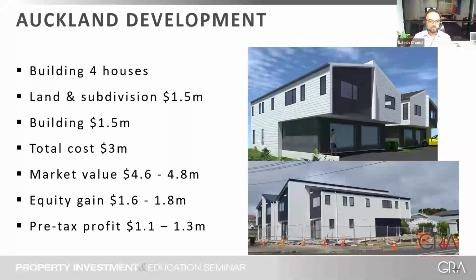Now, what we're not saying is for everyone to go and do this. The numbers are big, we agree, but we just want to show you what we are doing in the market, and guide you through. Now, what you can do is if you find good bargains, you can even just put a normal 2 or 3 bedroom house at the back, subdivide it and sell it if you want to do trading, and make your money like that. Yeah, thanks.